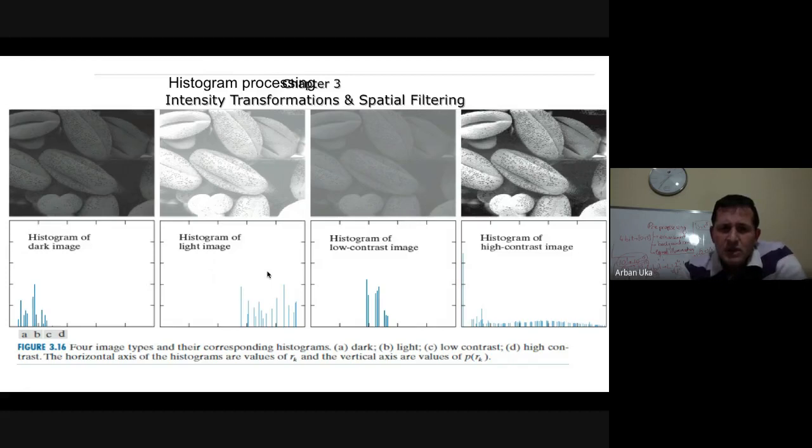So actually, going from image A to image C, we can perceive this as adding a constant value to all the pixels in the original image. The best image out of all of these is image D, because the image now has a high contrast, and we can consider this one as having an equalized histogram.